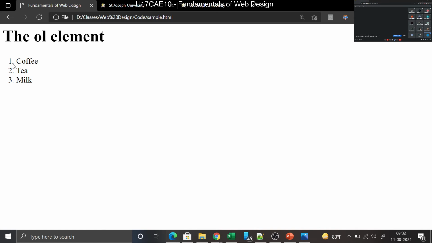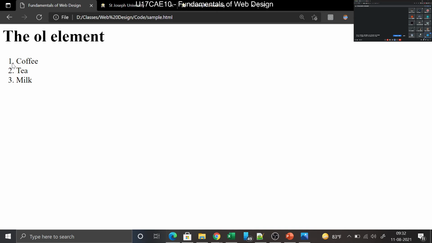I add an attribute so that it will start from 150 onwards. So this attribute will help you to extend the functionality of this particular tag. All of you understood or not? Yes, sir. Okay.